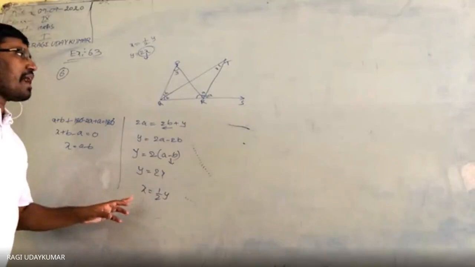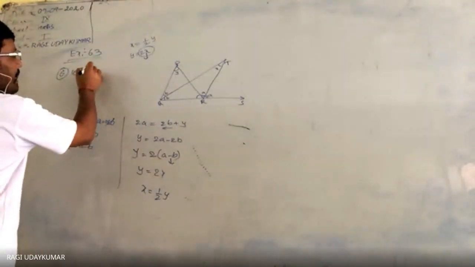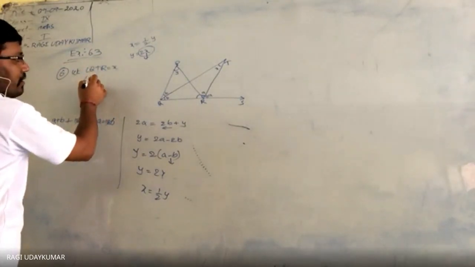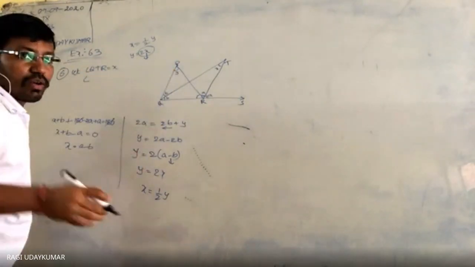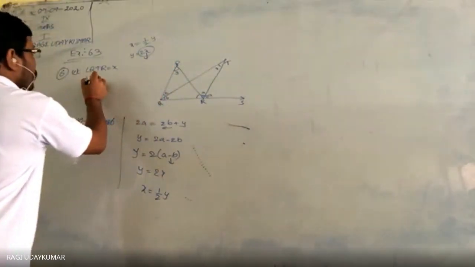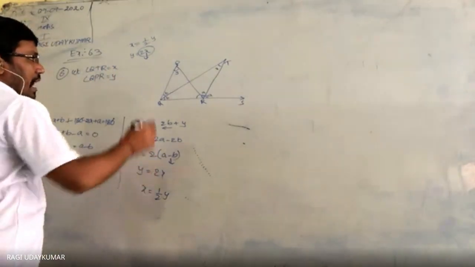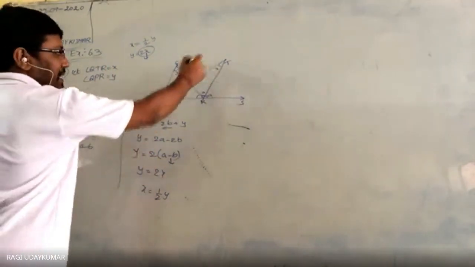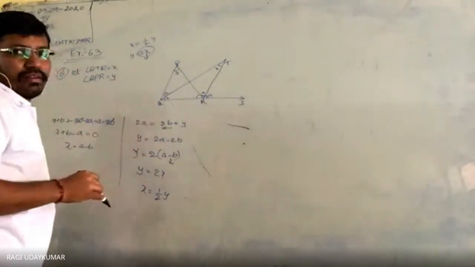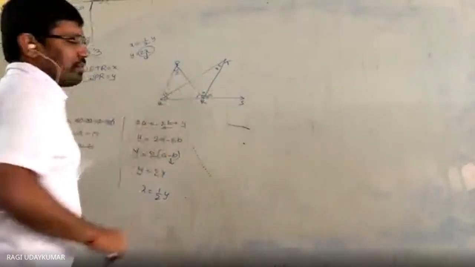So x we have considered as a, so first you can write the steps here. Let angle QTR be equal to x. What is the question given to you in the textbook? Angle QPR is given. Angle QPR is equal to y. And these two are equal here. It is given that QT is the bisector of angle PQR. So bisector means you consider both are equal. Here also both are equal.